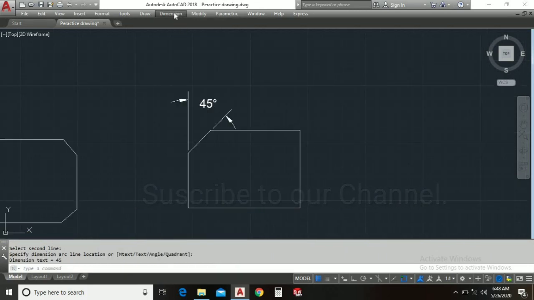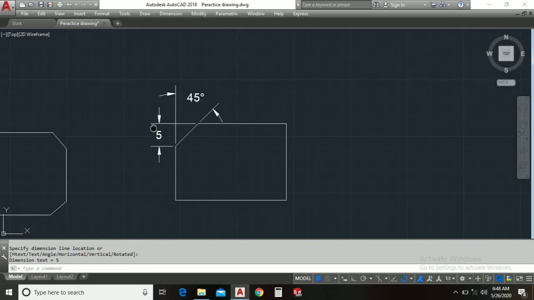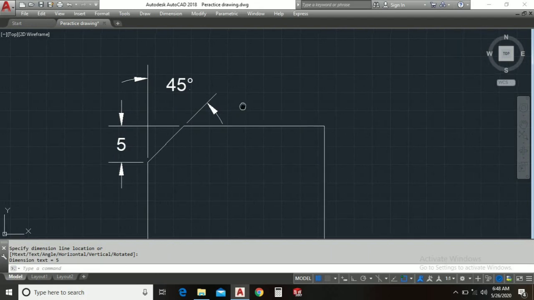And if you want to check the distance, you can, five mm. So this is the angle method. This is the second method of using chamfer command.